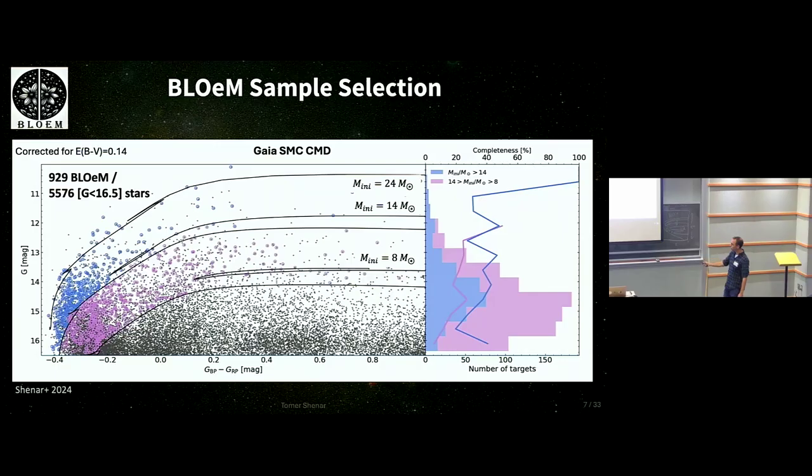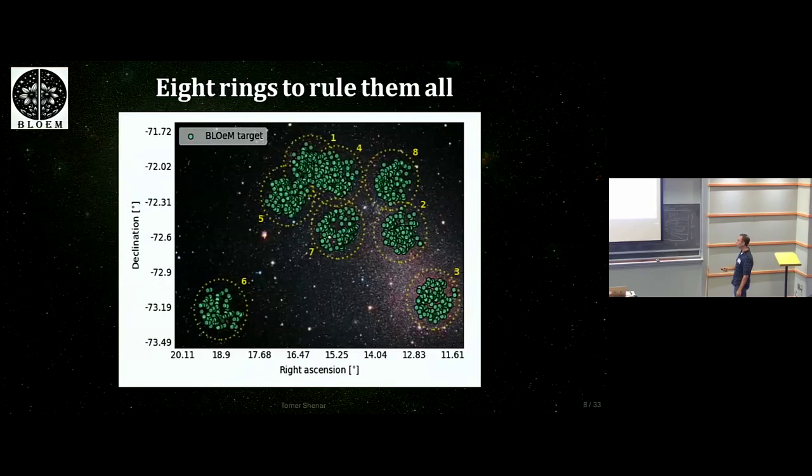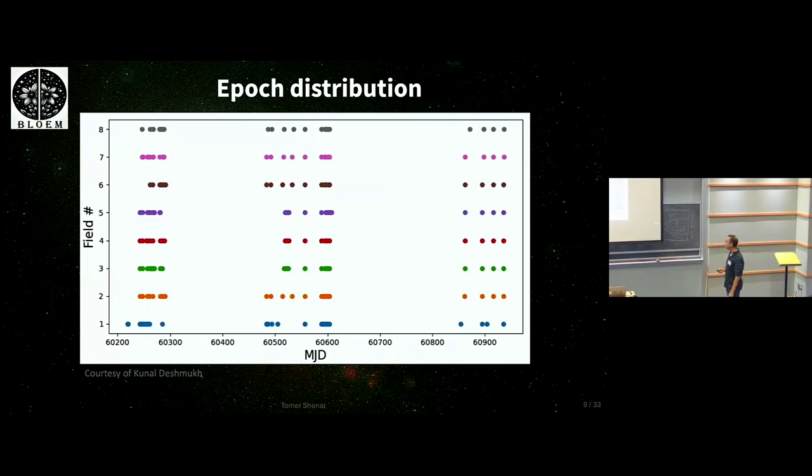But for the B-type stars, we don't really reach the ZAMS, okay? So we are missing a population there. FLAMES is a multi-fiber spectrograph. It has a certain field of view, and these 8 fields are the fields of Bloom, okay? So they were automatically selected. Nothing here was cherry-picked. It was really coming out of the algorithm, these 8 fields, which kind of nicely trace star formation regions of the SMC. This is how the epoch coverage looks like, okay?